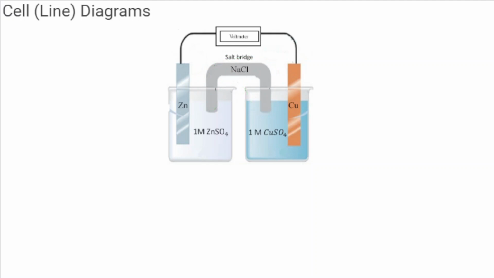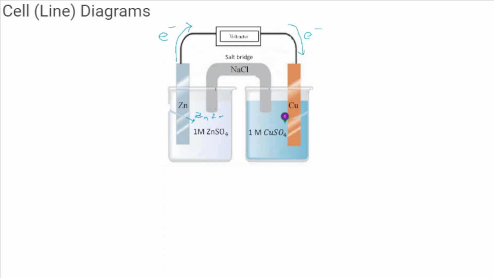Now, when drawing a cell diagram, one of the first things you have to do is figure out where your electrons are coming from and where they're going. I will cover this in a different video on how to determine where the electrons are coming from. But our zinc is going to be generating electrons, and it's going to be breaking up into zinc 2+. And those electrons are going to be traveling through the wire, through the voltmeter, back down through the wire into our copper electrode or cathode,